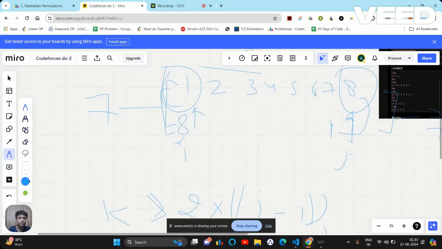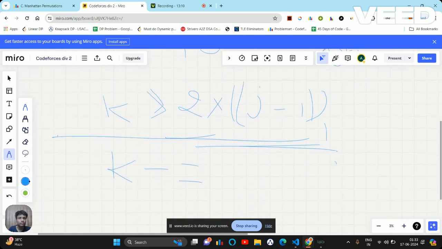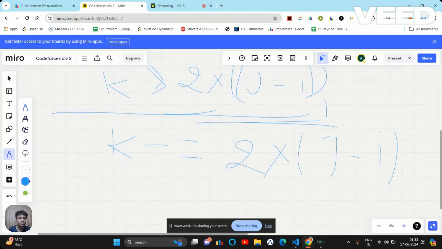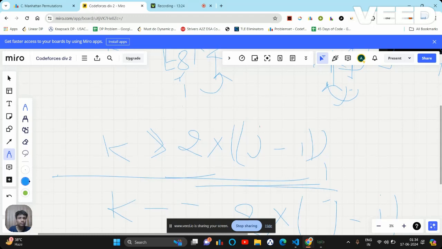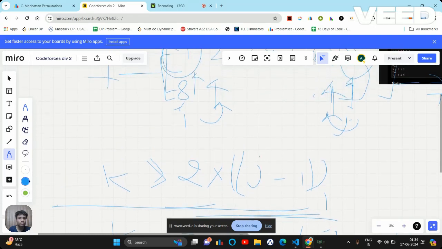If I am able to swap both, then I will simply move my i forward and my j backward, means I'm going to increase the value of i and decrease the value of j by 1. Now I'll reach this index and this index. Also, k minus equal to this value because I have selected this. So simply I'm going to subtract 2 times j minus i, as simple as that. Now I'm going to check again, in a while loop. While k is greater than 0, I'm going to apply these conditions and check.